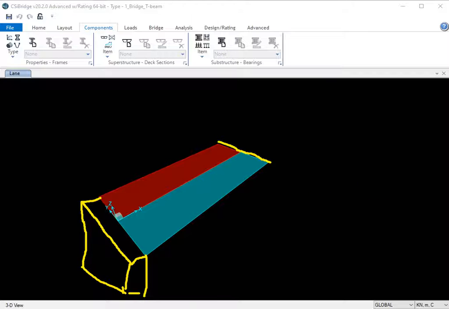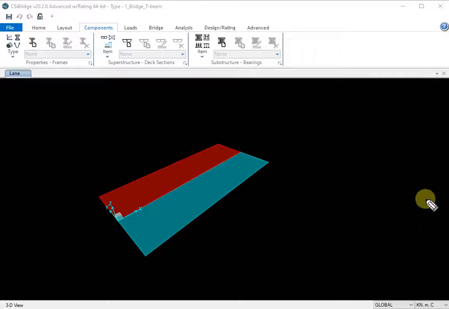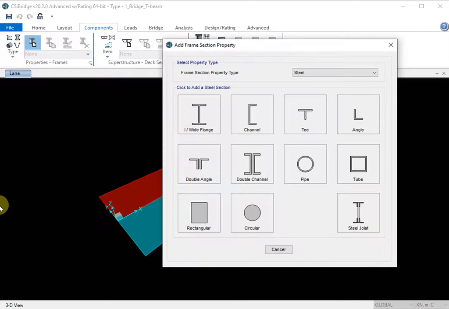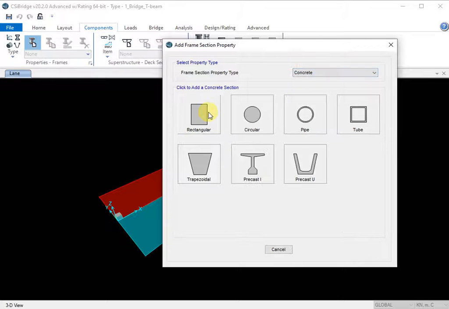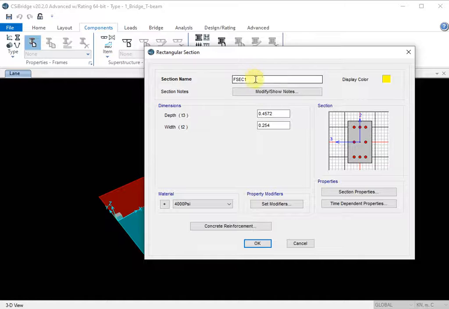So that is one thing. So go here, define sections. You select concrete, select this, you define this as abutment. So abutment here you define as nothing but a column.